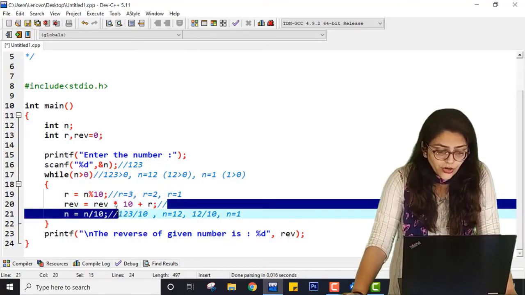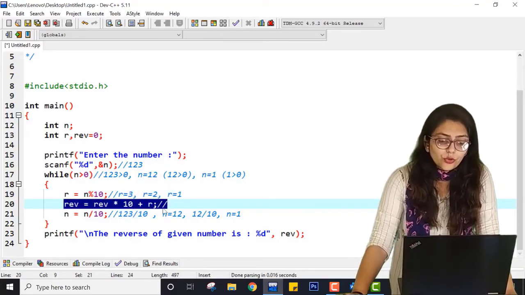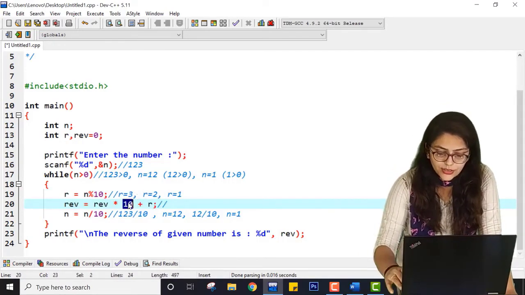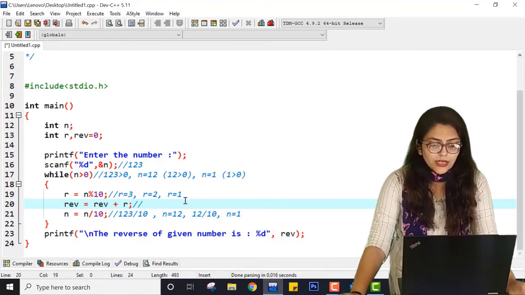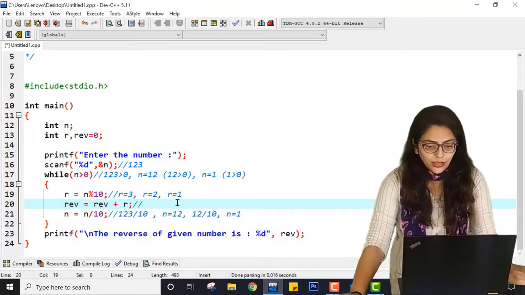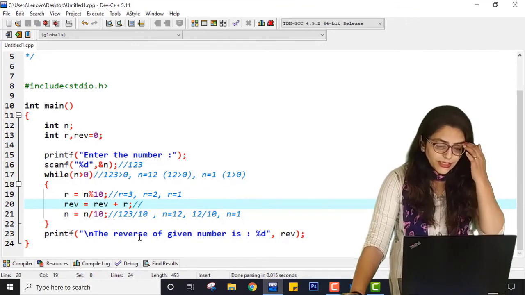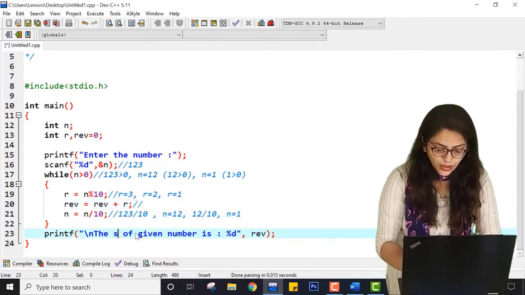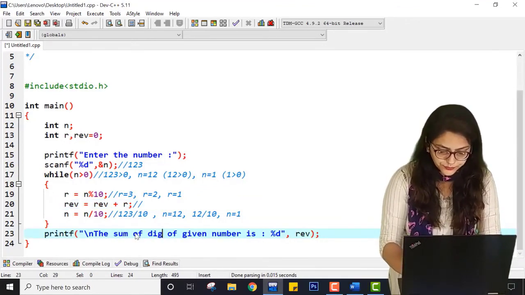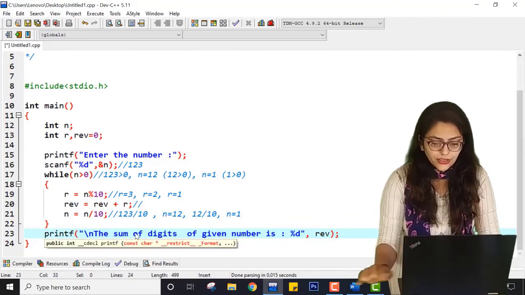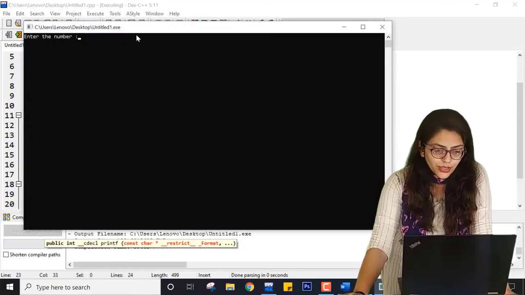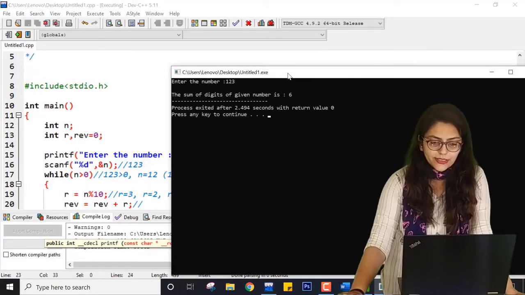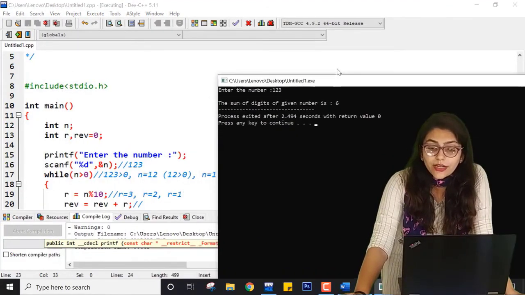So which equation should be here so that I can always add this? If I just eliminate this 10 and write this statement, and instead of reverse print the sum of digits of a given number, if I write this code, compile it and run it, entering 1, 2, 3, you can see it is giving me the correct answer.